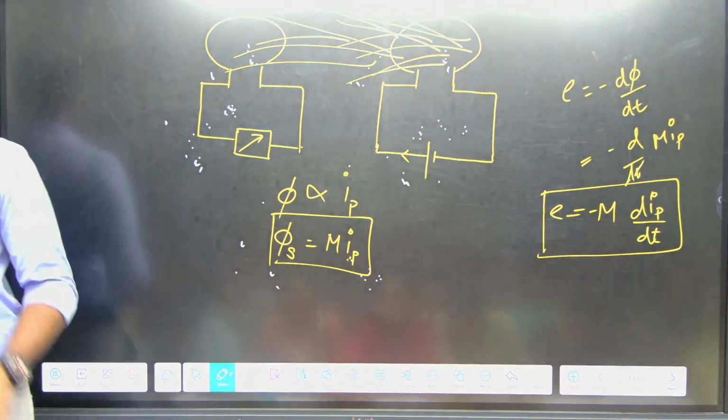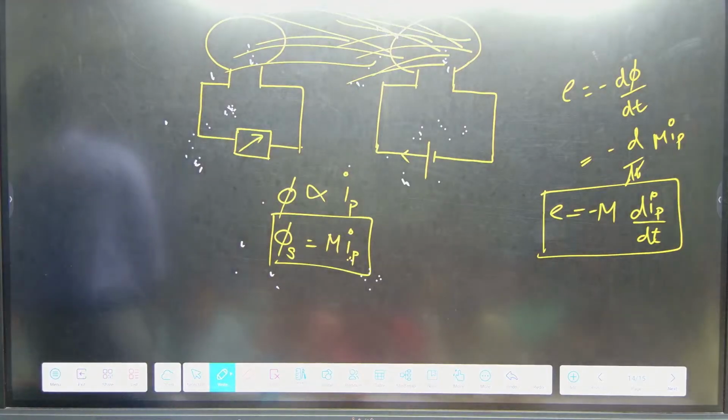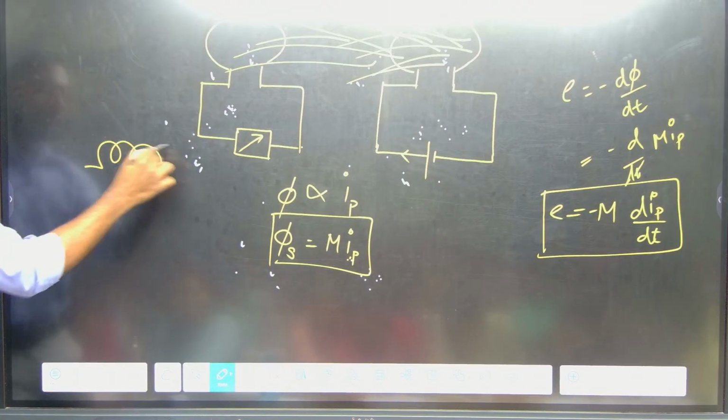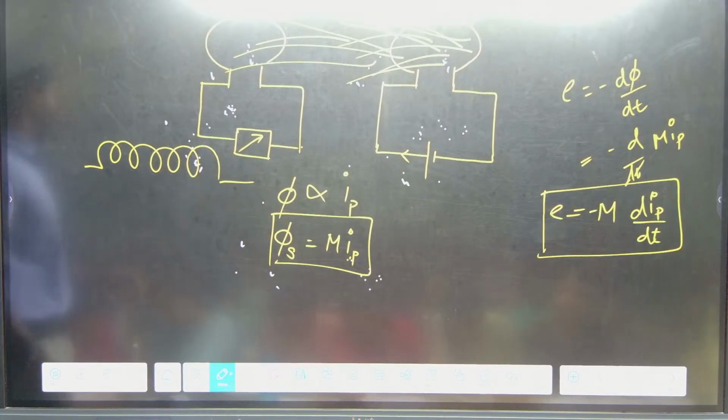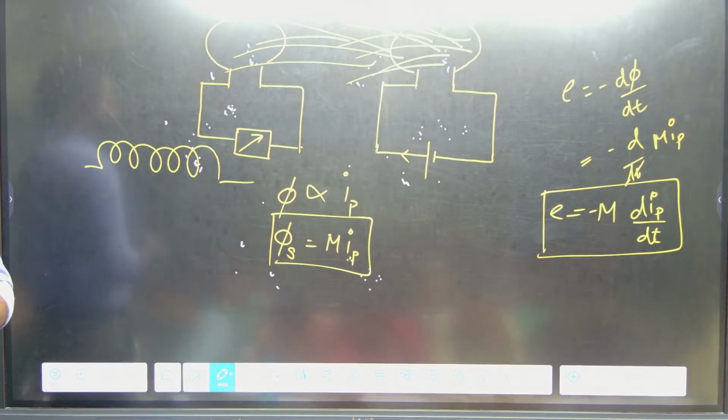Two coaxial solenoids. Solenoid, like we have learned the solenoid, no? Like n number of turns will be created. Okay? Two coaxial in the sense